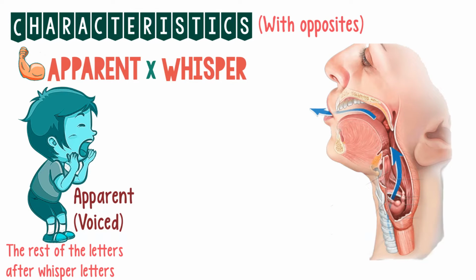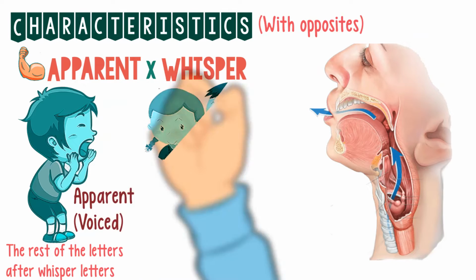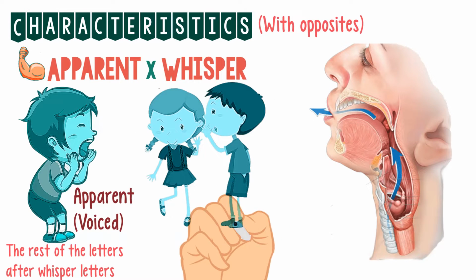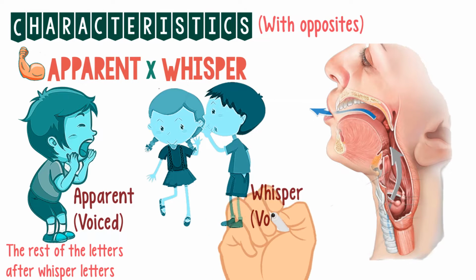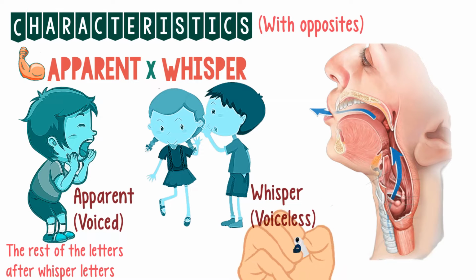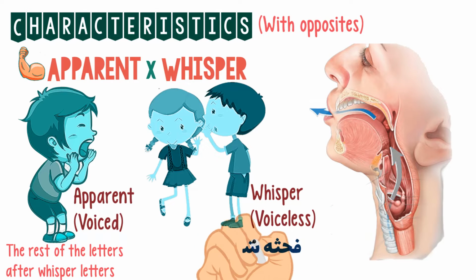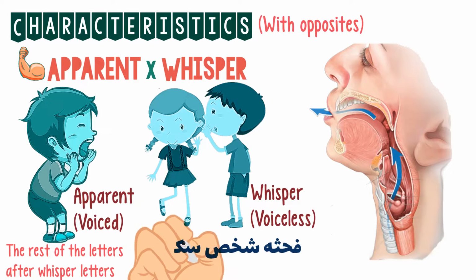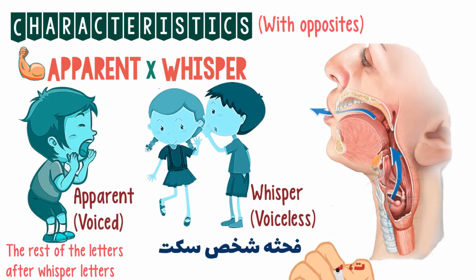They will be moving up and down quickly, which will cause the whole amount of exhale which is produced to pronounce the dad to turn to be fully a sound with no breath mixed with it. This happens in the apparent al-jahr, and the letter in this case is called the apparent or the voice letter حرف